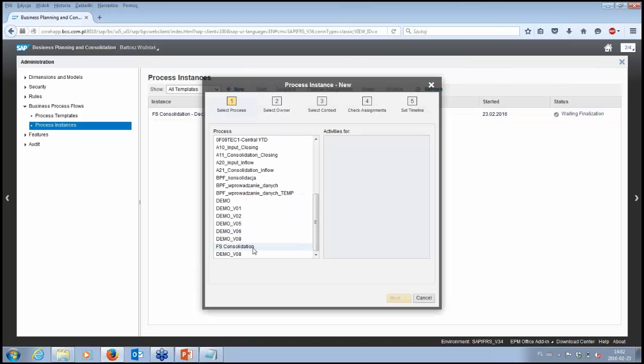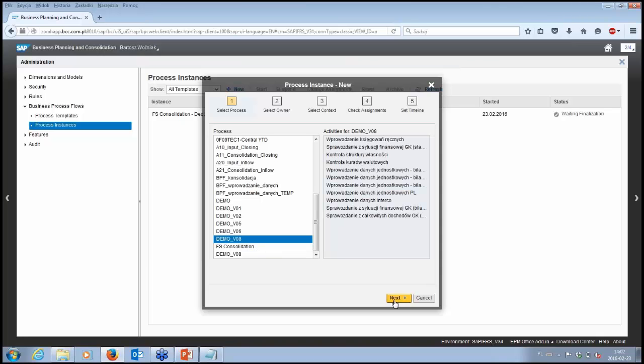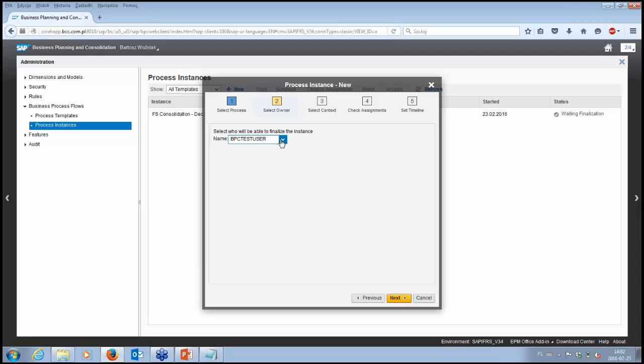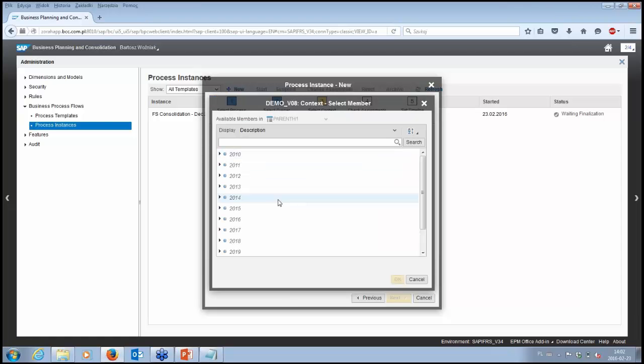For example, let's say take this demo VO8. You describe who is in charge to finish this instance of the process. You describe for which time period this will occur.